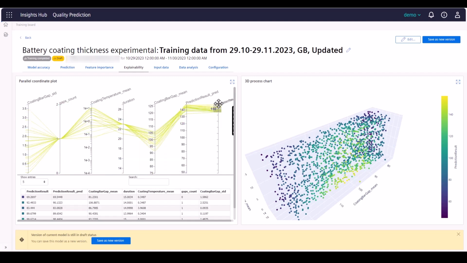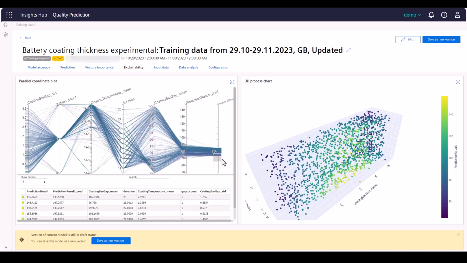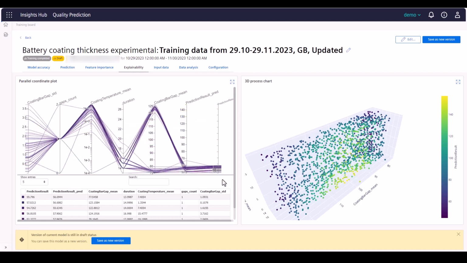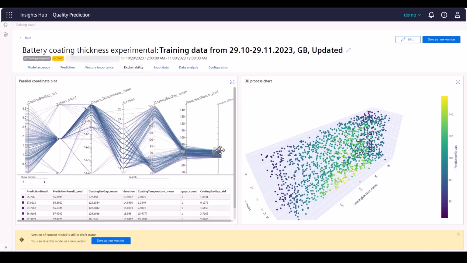On the quality axis, you can select values representing the highest quality result, and you can see the machine settings or process parameters which should be set to achieve this high level of result. Similar can be done for the low level of result. You can see how the machine should be set to achieve this parameter. This can equally be done for the middle of the tolerance.